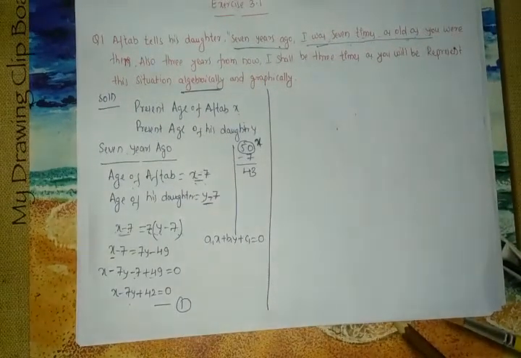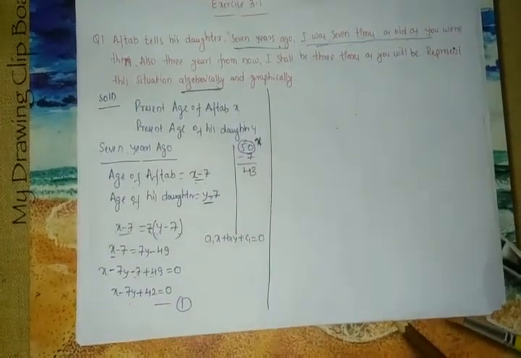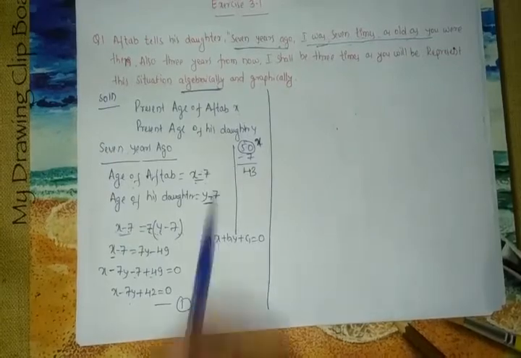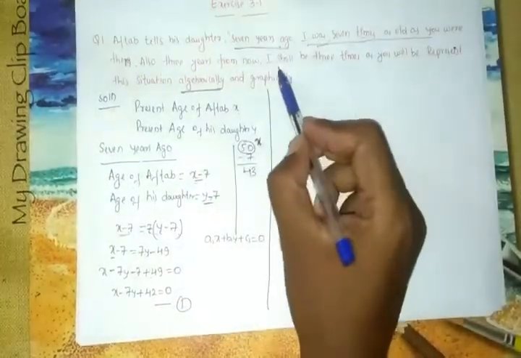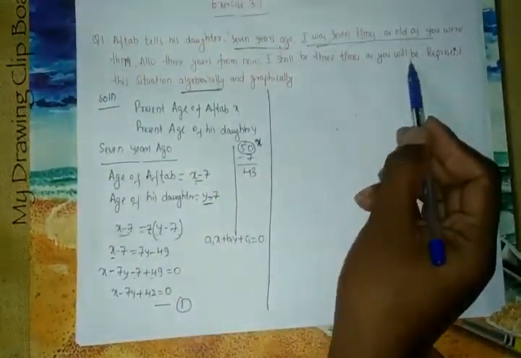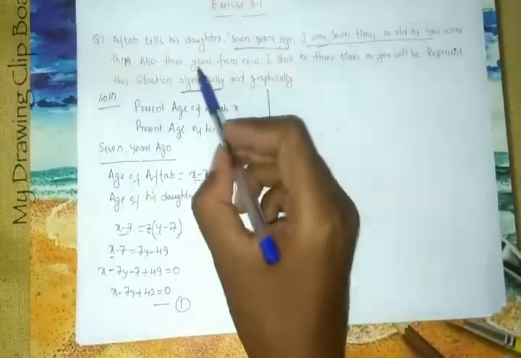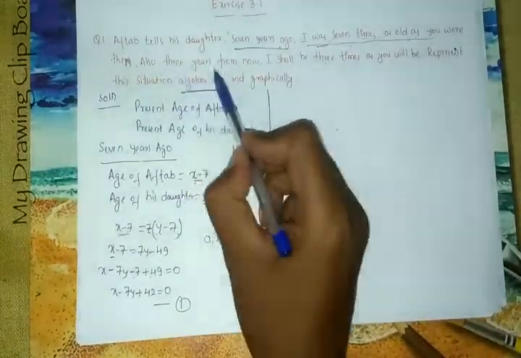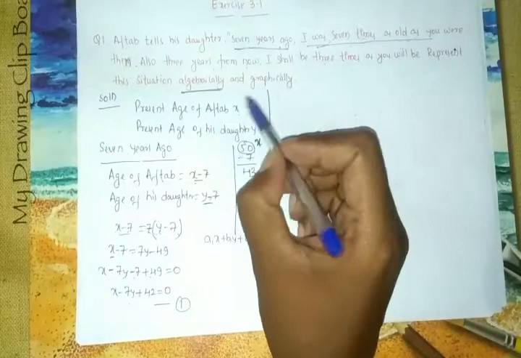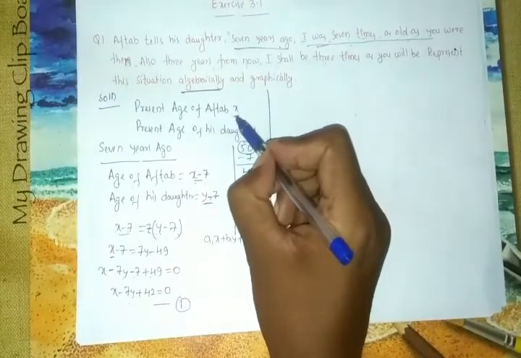Okay, now, 3 years from now, I shall be 3 times as old as you will be. This is the second situation. What it says is 3 years from now, so with respect to the present age,